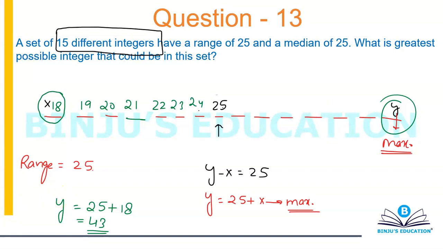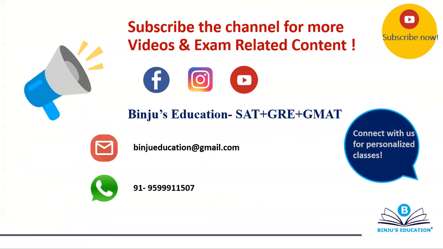So this is more or less everything as far as the concept of mean, median, mode and range is concerned, and we have discussed some basic questions also. As far as the stats part is concerned, now you should be able to understand the basics of mean, median, mode, range, standard deviation and box plot. All right, there's just one topic in this chapter which is left, that is the standard normal distribution curve, which is usually asked in GMAT or in GRE. However, it's very rarely that this concept, SNDC, is asked. Apart from that, more or less we have done everything in stats.